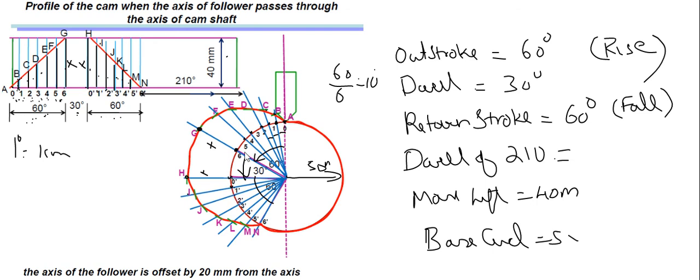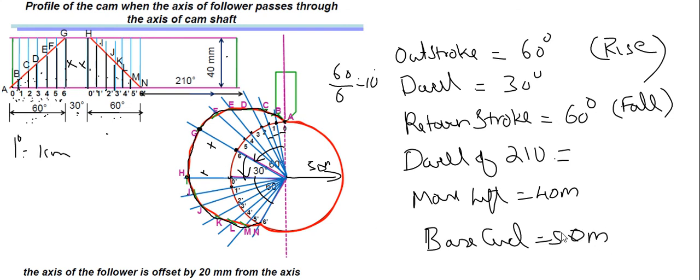Then you can just freehand draw a curve that passes through it, that is given as the red line in the above diagram. So this will be your cam profile diagram. This is how you draw a cam profile. Once you get the displacement, you should measure these lengths. Then you should draw a base circle for the given diameter or radius.